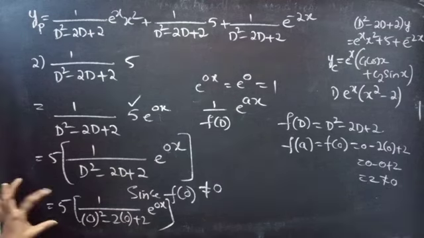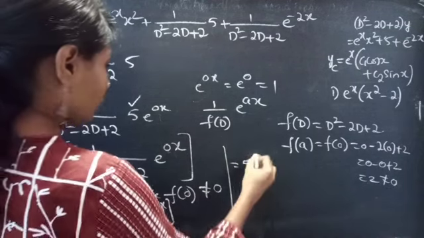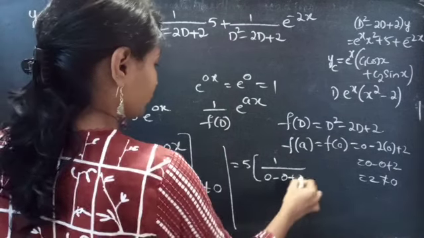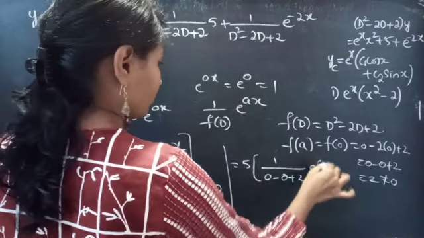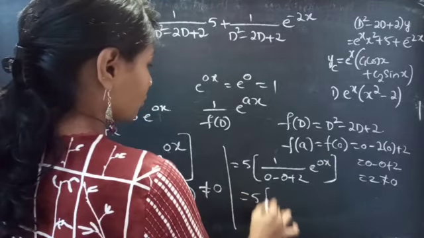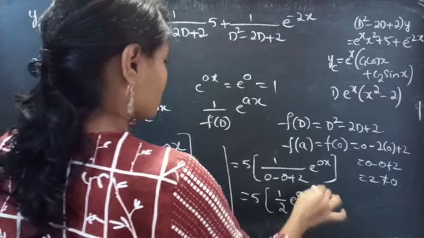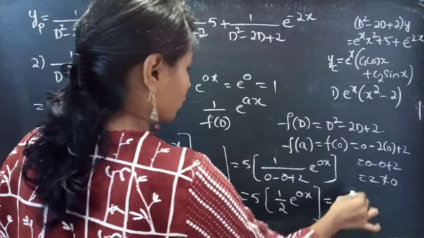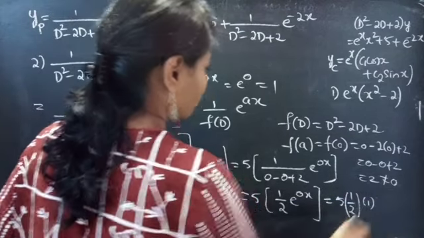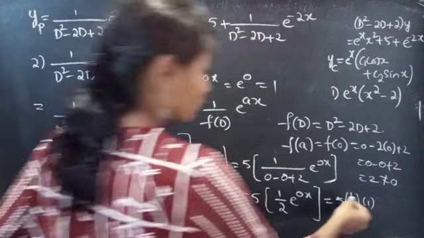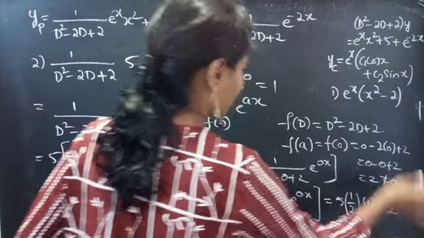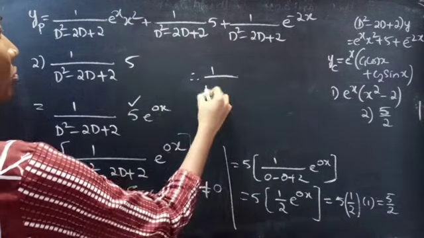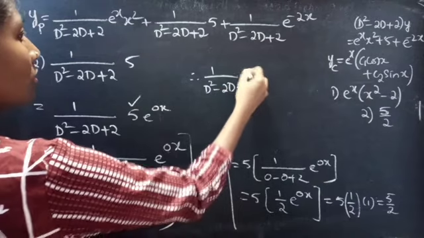Right? Then this becomes 5 into 1 by 0 minus 0 plus 2 into e power 0x, which is equals to 5 into 1 by 2 e power 0x. We know that e power 0x is 1. So let's replace e power 0x with 1. Then we'll get 5 into 1 by 2 into 1, which is 5 by 2. 5 into 1 by 2 is 5 by 2. Therefore, 1 by f of D into 5 is